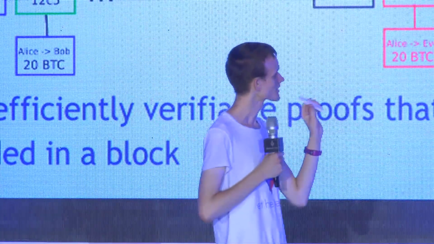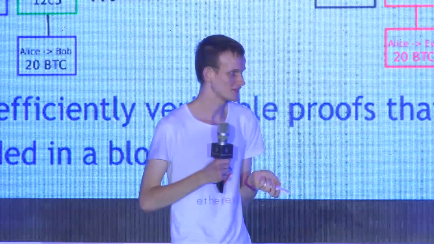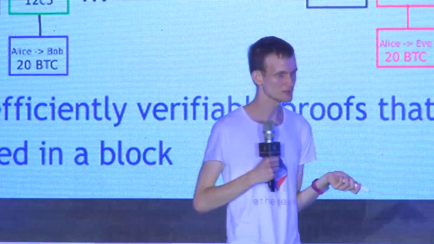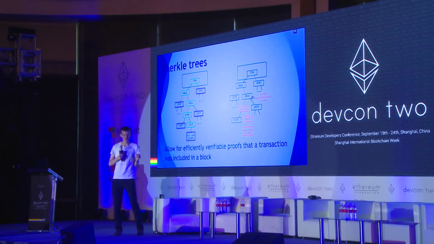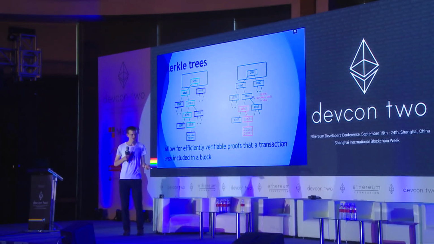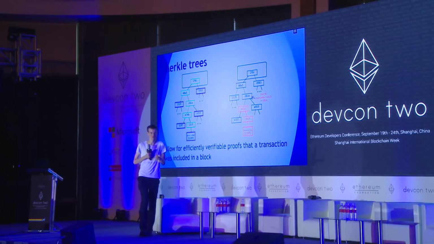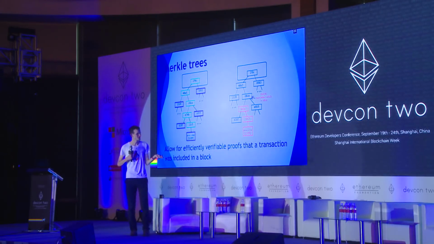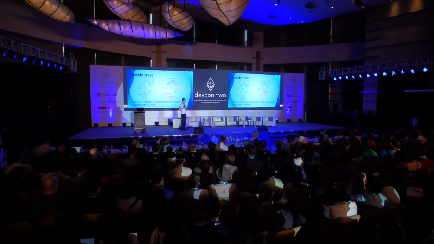Cool. So Merkle trees, the point basically is, this is how the Ethereum light client works. The problem is, if you have the entire database, the entire state, all the transactions, then you can know what your account balance is, what some particular contract's code is, what some particular contract storage is, what some particular log says. But what if you're a light client? What if you're on a phone? What if you're on an IoT device and you don't have enough resources to process the entire blockchain?